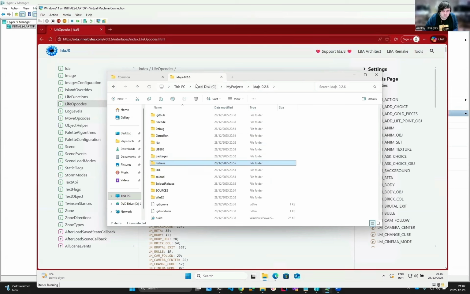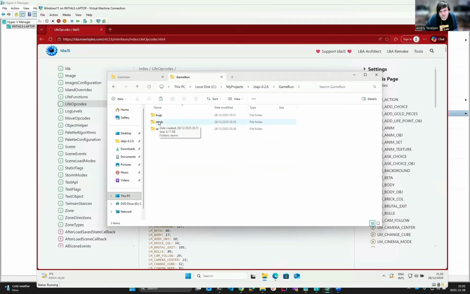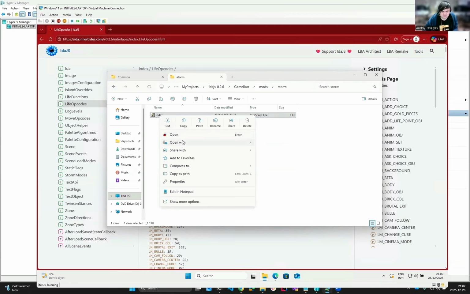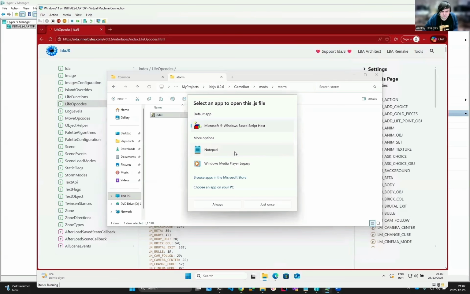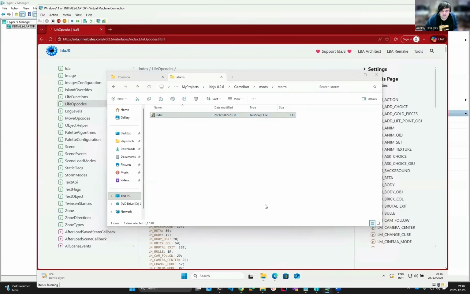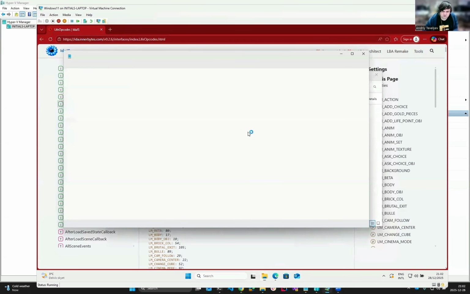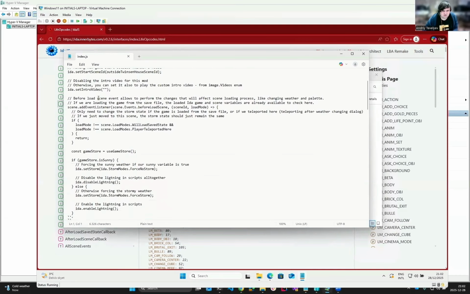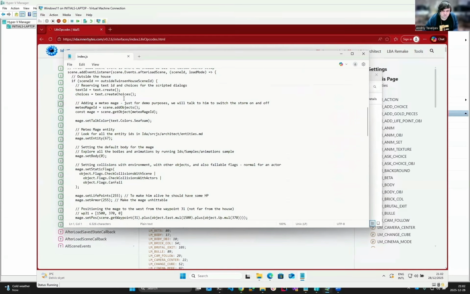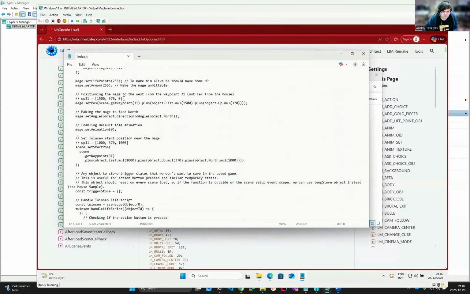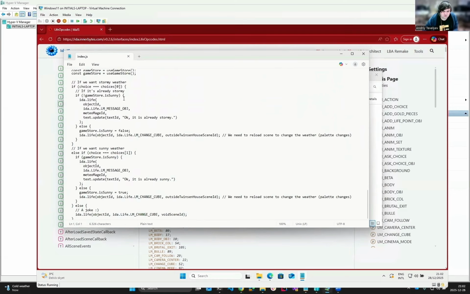Now, if you go to the game run folder here, you can see the mods will be placed in the mods folder, after the name. So in here we have Storm, and you have a file called index.js. So if you open this file with anything like Notepad, let's choose another app and use Notepad, you can see the JavaScript code of this mod. So you can see it's a pretty simple, small mod, where we have dialogue with